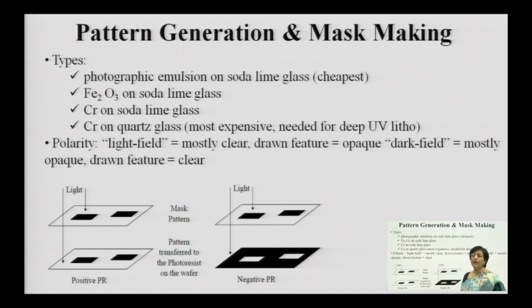Now, here we are going to study the masks also. What are the different ways in which the masks are being created? You have got different ways in which the masks are being created. One thing, the cheapest, is the soda lime glass. Soda lime glass will be used, and on that you are making particular areas isolated, or defined areas through which you want the light to pass, and you are earmarking the areas, covering them with the coating. Now, this coating can be a normal coating or you can have a chromium coating.